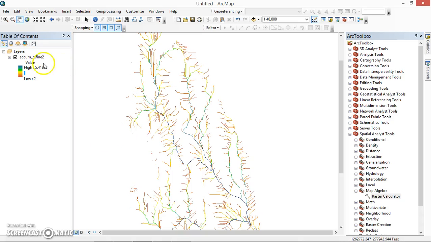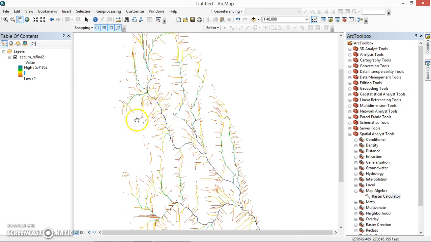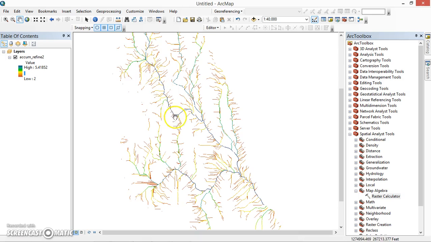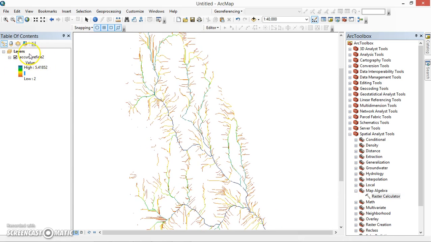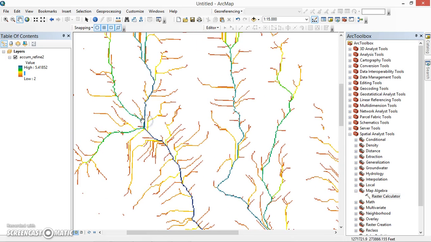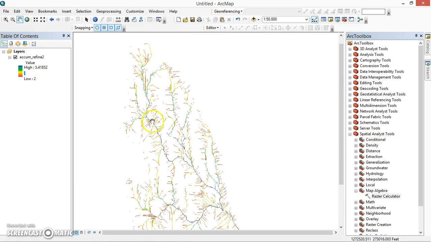In the previous video, we created this accumulation refined raster data set that shows us where the higher volumes of accumulation are happening. We pretty much create our own little grid network. So for this lesson, we're just going to convert this into an actual vector line, because we now want to begin to select items in our buildings or parcel layers to begin to understand where these locations lie